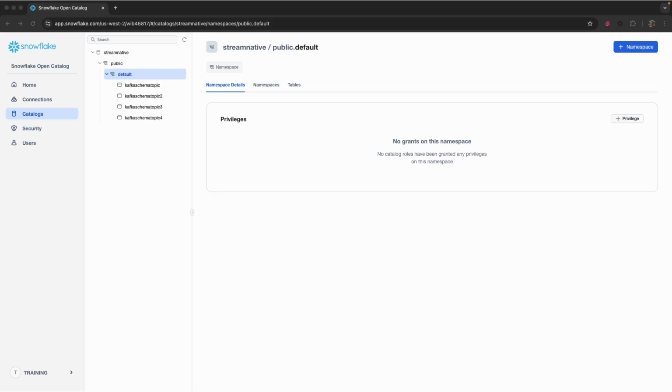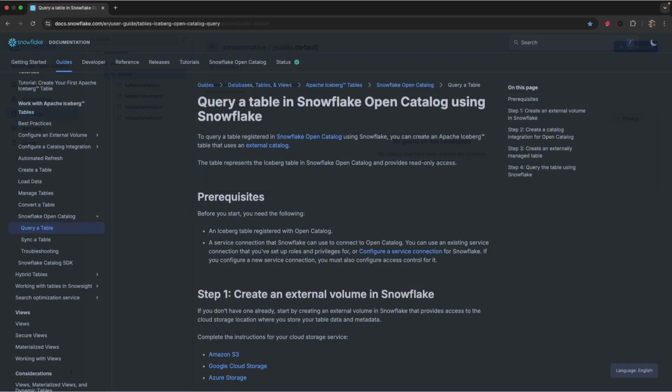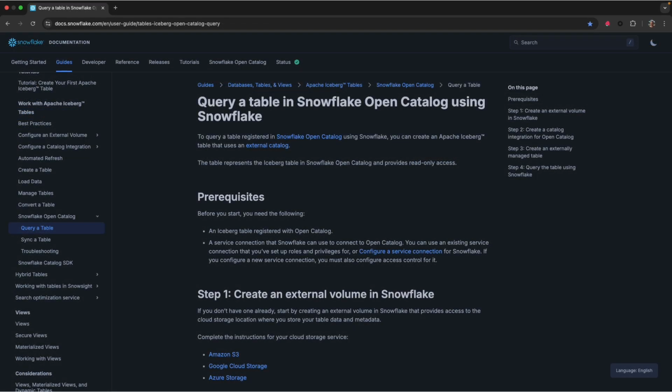Now that our topics are showing up as tables in our Snowflake Open Catalog, we'd like to view this data inside of Snowflake. I'll be following these directions here in the Snowflake documentation: Query a table in Snowflake Open Catalog using Snowflake. As the prerequisites show here, we need to have an Iceberg table registered with Open Catalog, which we've already done,